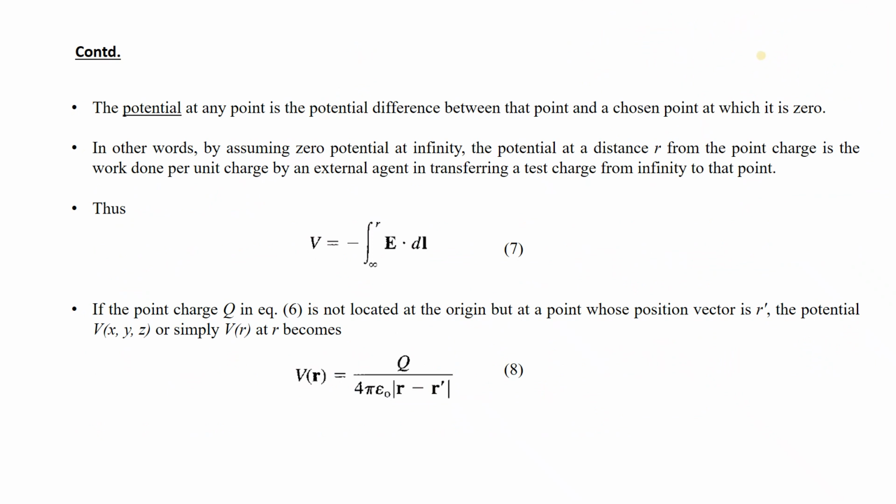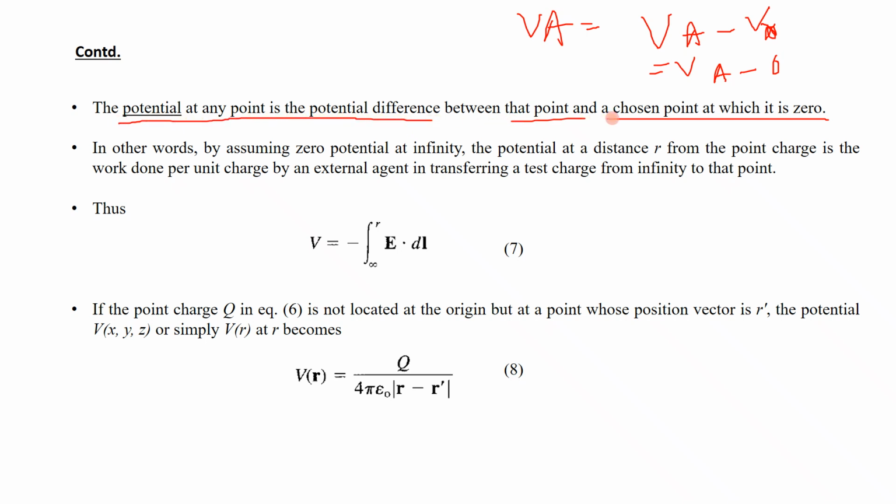So this is the basic concept of the potential difference. So the potential at any point is the potential difference between that point and the chosen point at infinity. That means VA is nothing but VA minus V0, that is V infinity. So infinity में क्या होता है, पोटेंशियल जीरो रहता है. Okay, that is V0 or 0, that is infinity, that is VA minus 0.